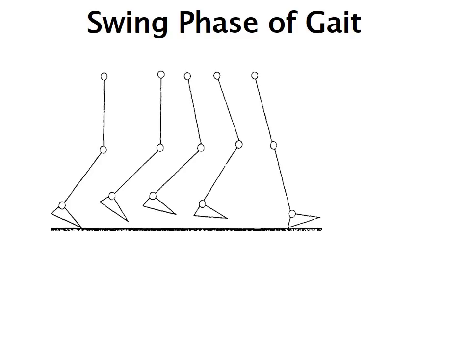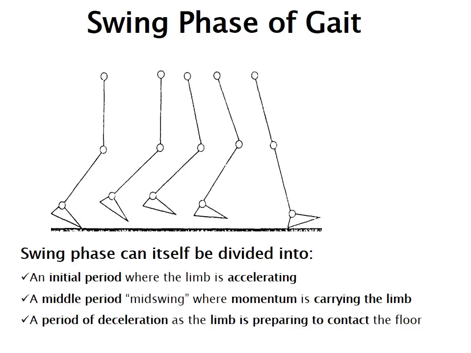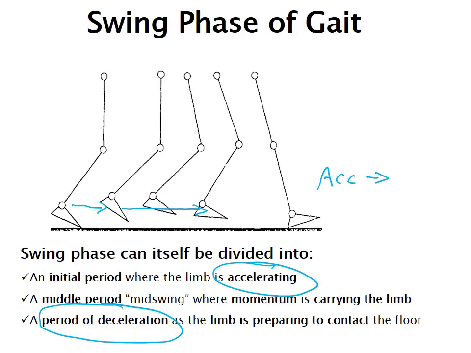So let's further break down the swing phase of gait. We have an initial period in this area where the raised limb is accelerating. Then we have this period of mid-swing in this area, where the momentum of that accelerated limb is carried through into the final period of deceleration. So we have acceleration, then momentum, and then some deceleration as well of the